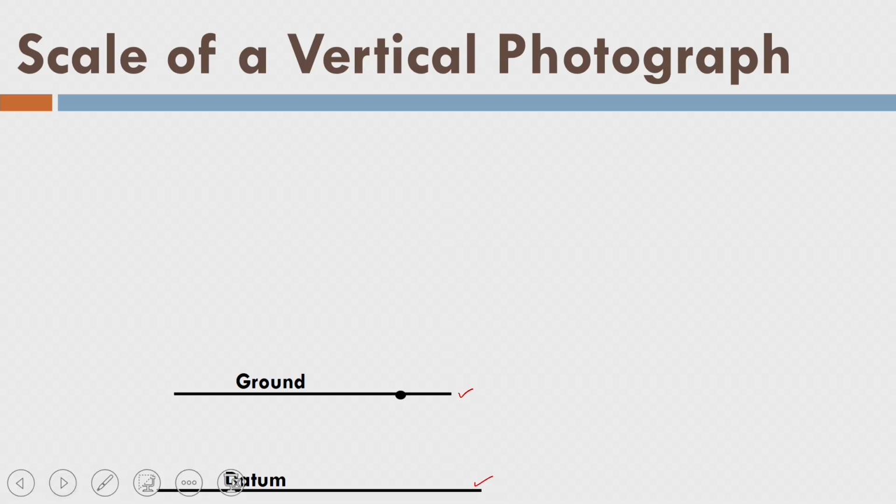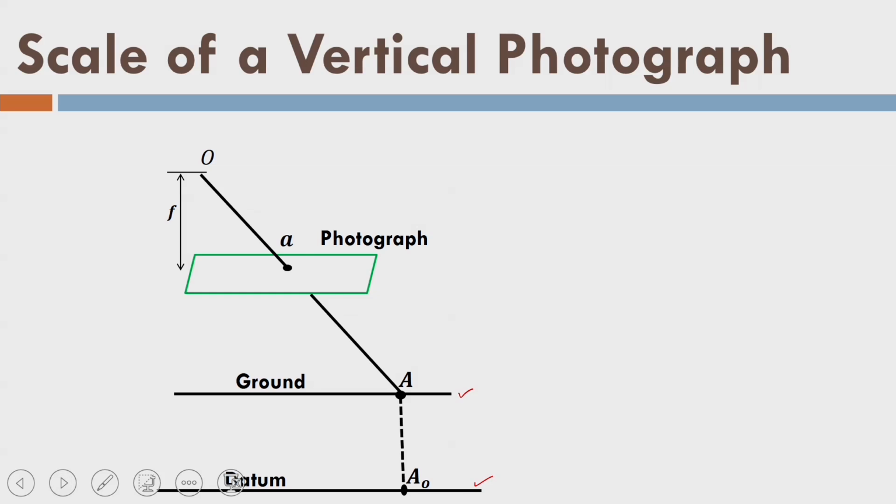So, if you see that there is a point on the ground which is A, and on the datum its projection is A0. This is the A point, that is image of this point. So, this is optical axis, and then K point is principal point, or capital K point is the projection of the principal point on ground, and K0 is the projection of principal point on the datum. Ground has certainly some height. As you remember from basic surveying, we measure the height from datum, that there is a plane datum and I am measuring the height of point A. So, this is the height hA of point A with respect to datum.